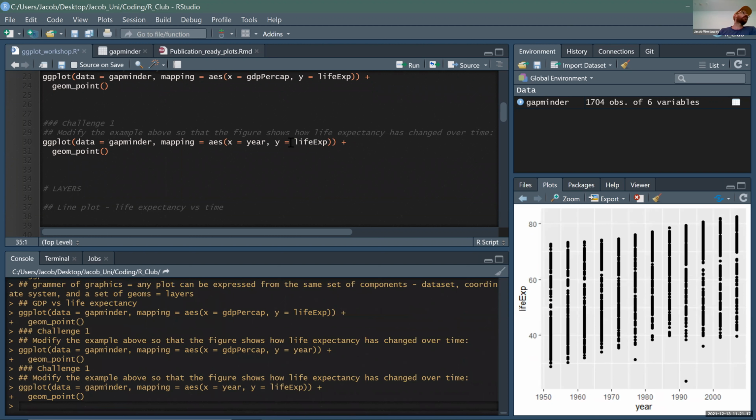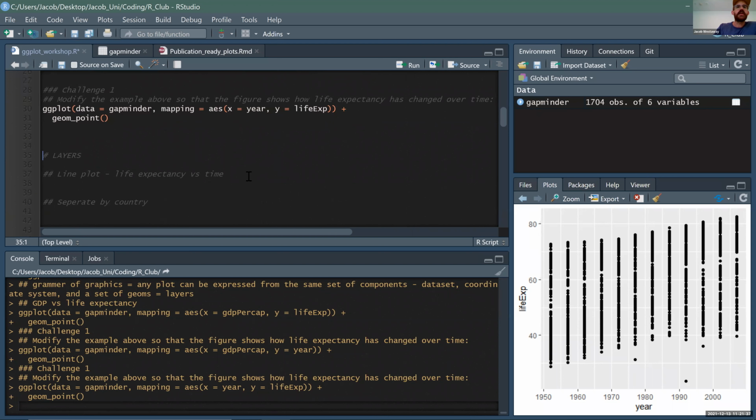That was just to show everyone that we all make mistakes and that you shouldn't feel bad about yourself if you make mistakes. So here we have life expectancy versus year. Each of these points represents the life expectancy in that year for a particular country. And so we can't really derive a lot of meaning from this plot, right? But